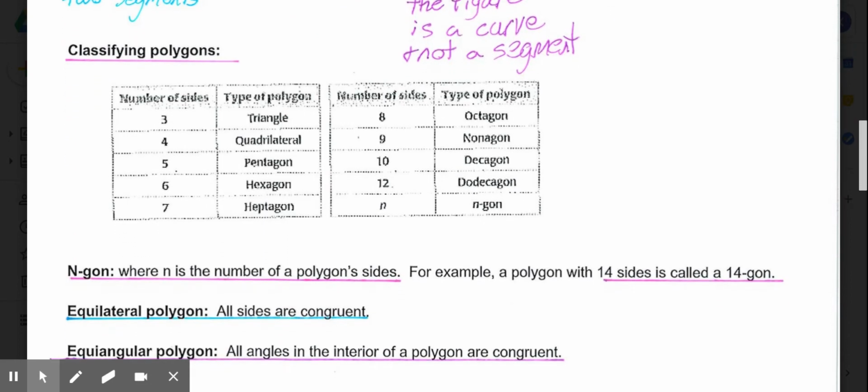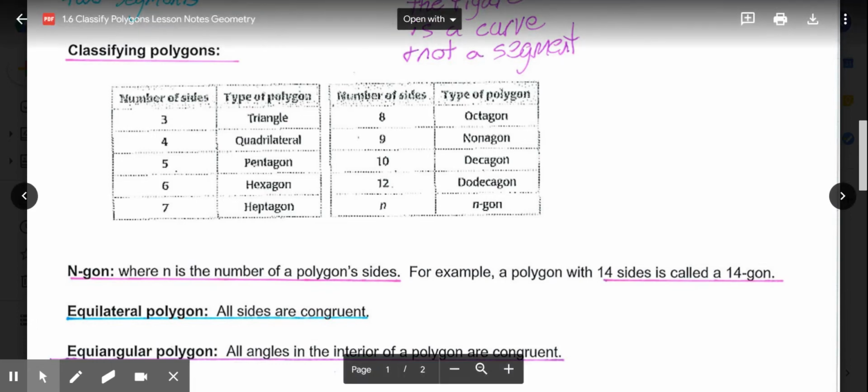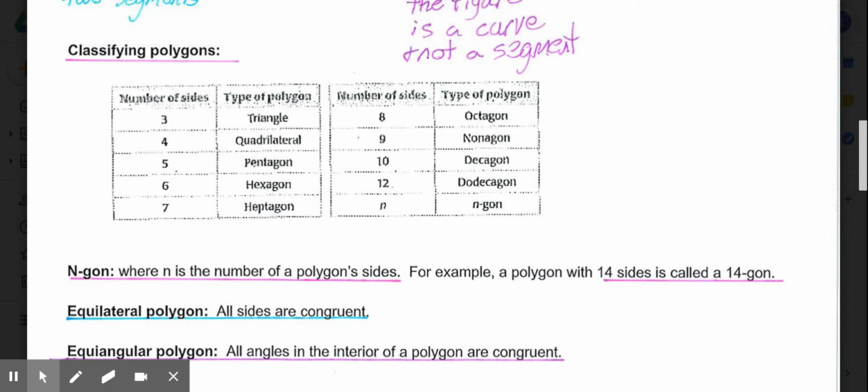Then we have this 2-part table for classifying polygons. And again, classifying is simply the process of naming based on properties. So the way we name polygons or classify them is based on their number of sides. Obviously, certain polygons have special names, like 3 sides are triangles, 4 sides are quadrilaterals. Anything with 5 sides is a pentagon, 6 is a hexagon, 7 is a heptagon, 8 octagon, 9 nonagon, 10 decagon,